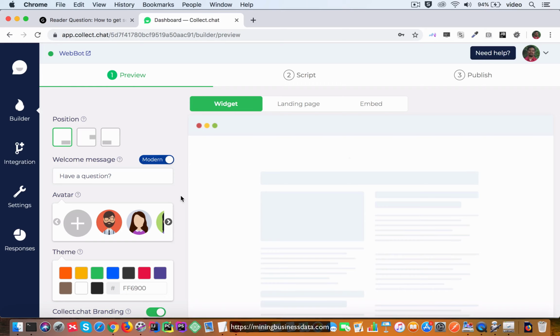Alright, so in this video, what I'm going to do is show you how you could build that same kind of bot within the Collect.chat's web application. So here I am on the Collect.chat website, and I have selected the specific bot that you just saw on my site. And notice that there are three main tabs that you can use as you're building your bot. The first is the preview tab, just kind of the settings for the bot, and then the script, and then